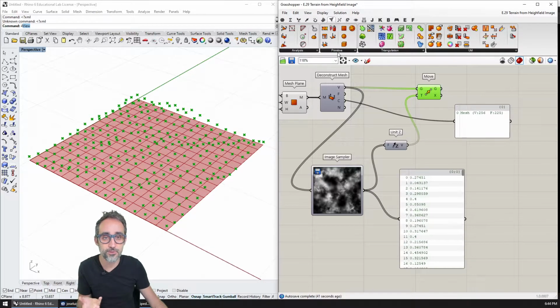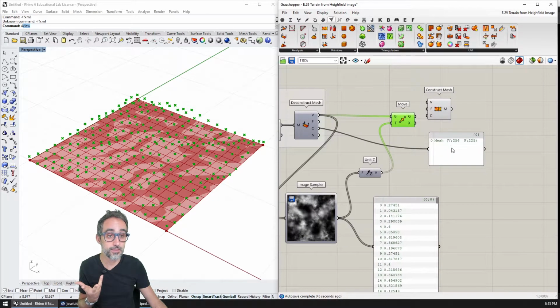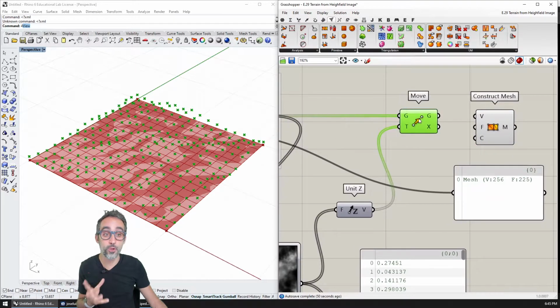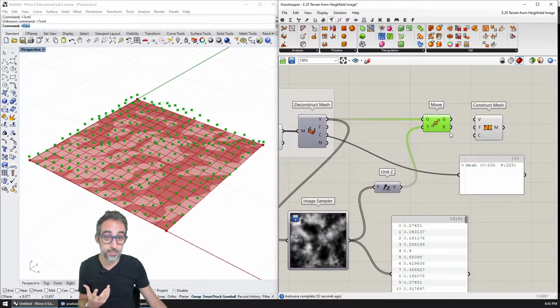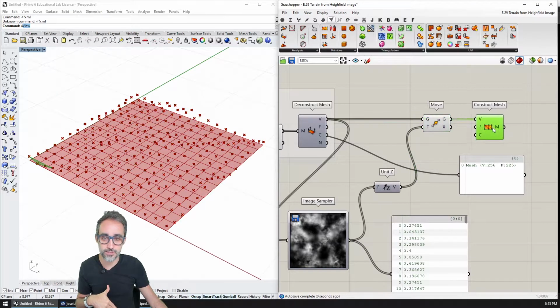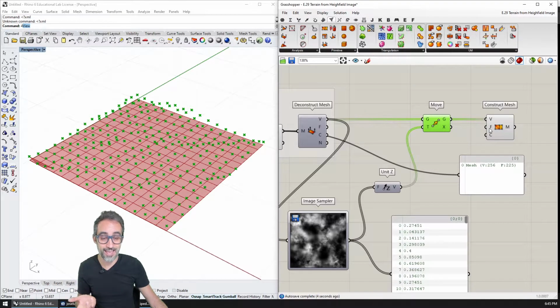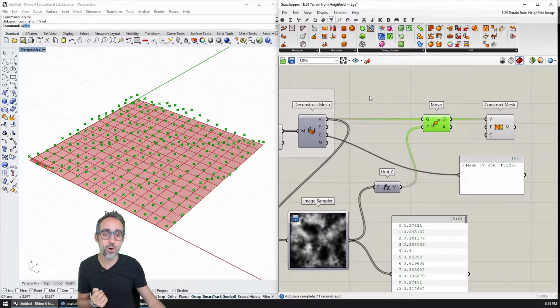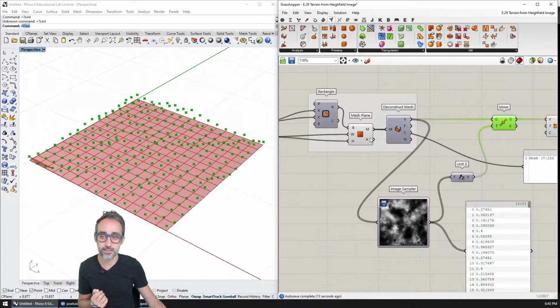So the only thing that I need to do is go to primitives and click on construct mesh. Construct mesh is going to require all the raw information that a mesh needs to be created, which is a list of vertices, those will be the vertices that I just created new, and a list of faces. And needing a list of faces is the exact reason why I chose to create the grid of points, in this case, from a mesh.